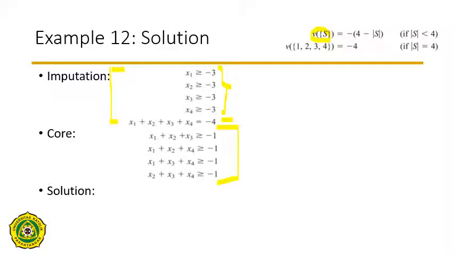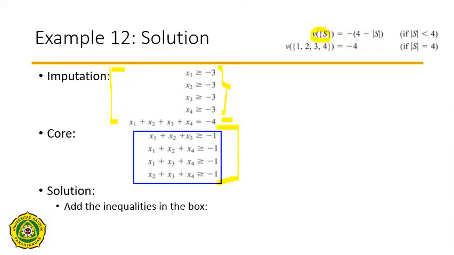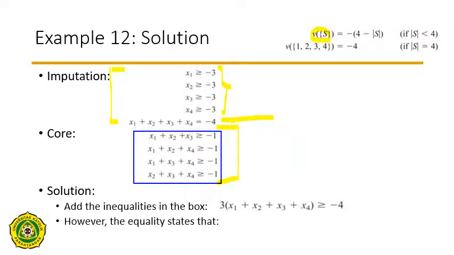Okay, so to find the solution, again, we are looking at the inequalities that we are going to add, and then we are going to match with the equality, just like before. So we add the inequalities in the box, and we get that inequality. But then when we try to match it with the equality here,